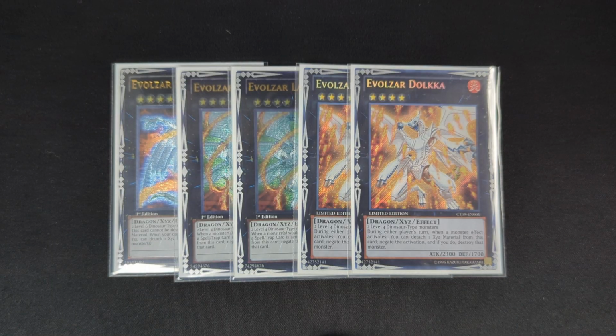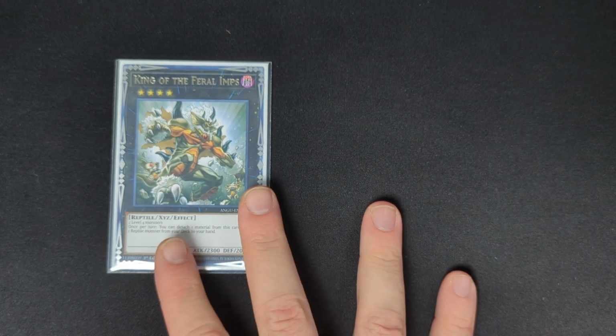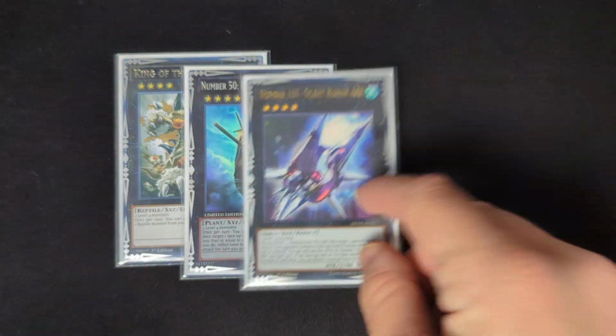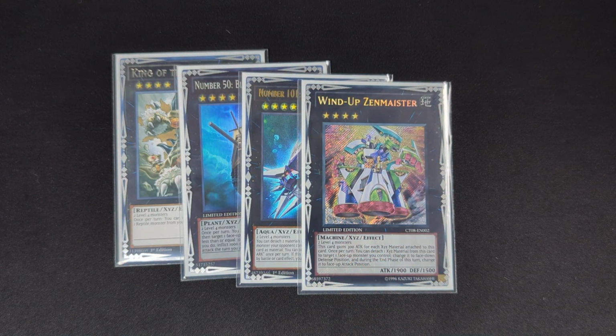These are the main cards you'll go into, but for the other parts of the extra deck, 1 King of the Feral Imps to search your reptile monsters, 1 Black Ship of Corn, 1 101, 1 Wind-Up Zen Meister. This might be a little different for a lot of people, but what's really cool is it's kind of like